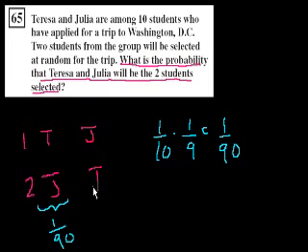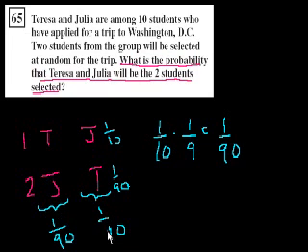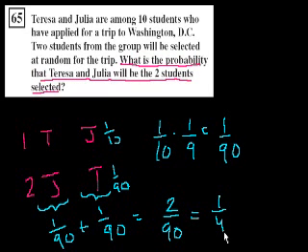And then what's the chance of this happening? Well, it's the same thing. This is 1 in 10, and this is 1 in 9, so you have a 1 in 90 chance of it happening. And so what is the probability of either of these things happening, of this combination or this combination? Well, you just add them together, and you get 2 out of 90, which is equal to 1 out of 45,